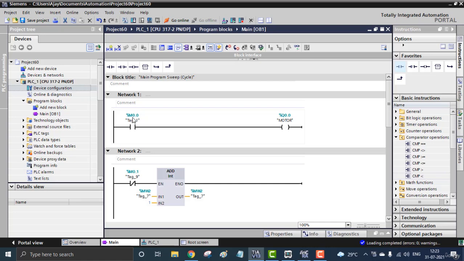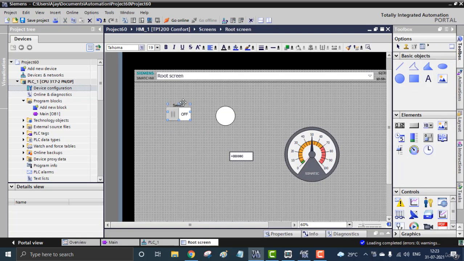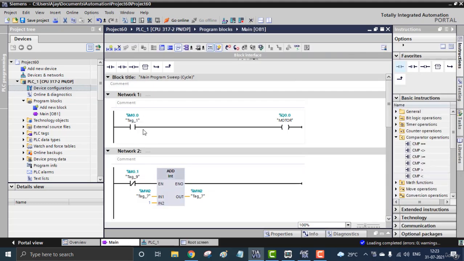I'm using a virtual memory, not an I0.0, because in the root screen we are using an HMI connection, and this switch cannot activate the I0.0. Let me explain why. The I0.0 is the input address, and that can be only activated or triggered through a 24-volt DC input. So for the input we are using a virtual memory, that is M0.0.